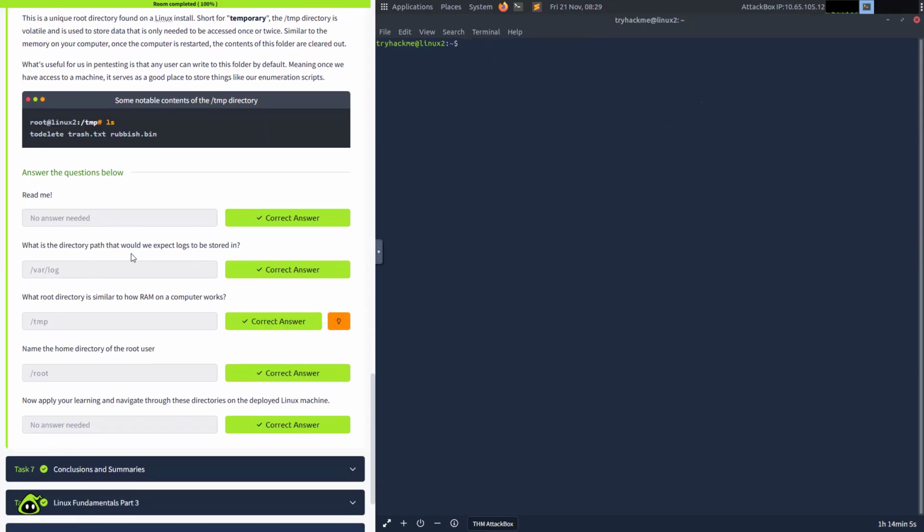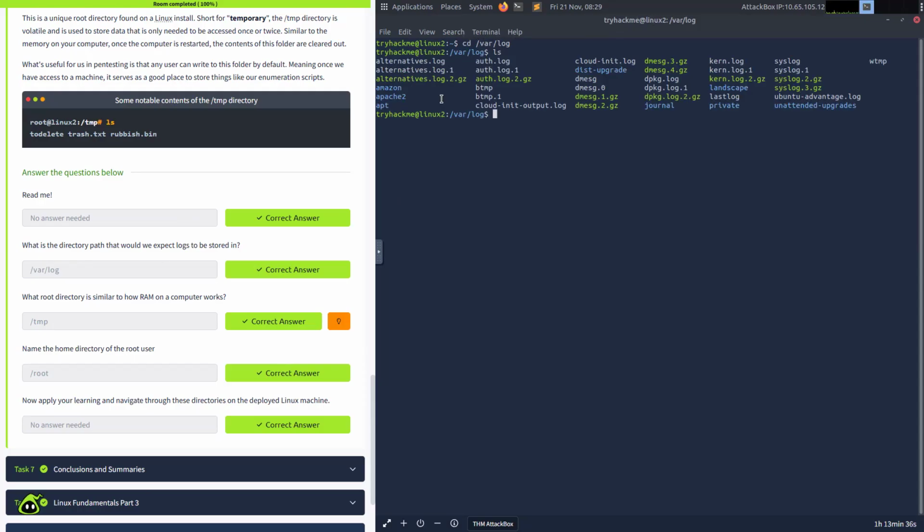Okay. What is the directory path that we would expect logs to be stored in? Okay, so we're talking about the log. So we use cd /var/log. Yeah, and those are var log. Let's just cd /var/log. Okay, var log, ls. We have all the logs right here: auth log, authentication log, we have the different logs right here. Okay. Next,